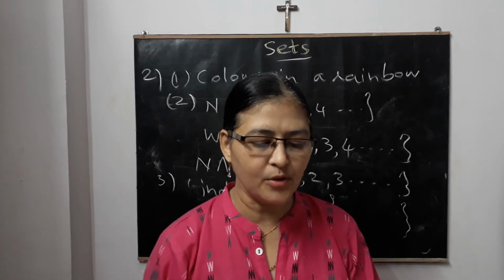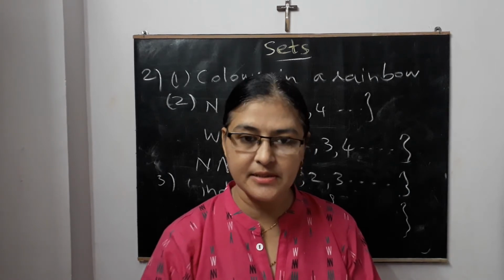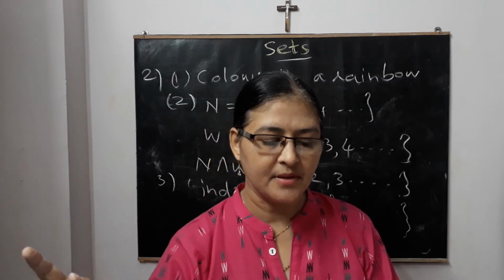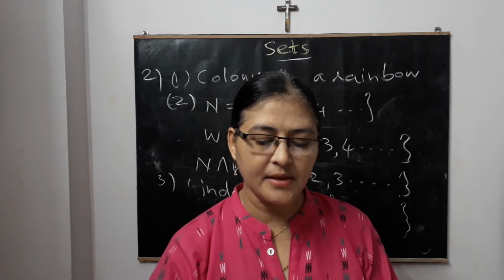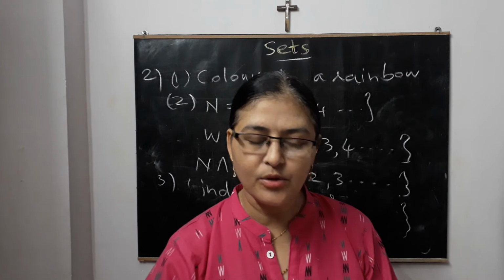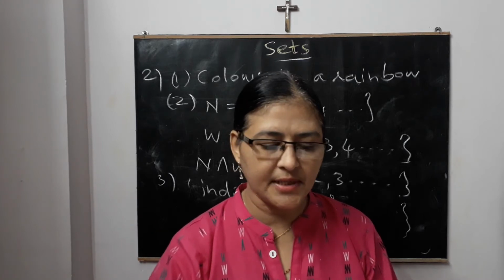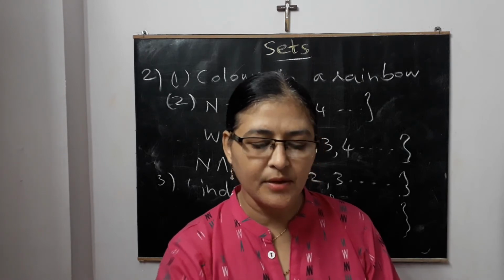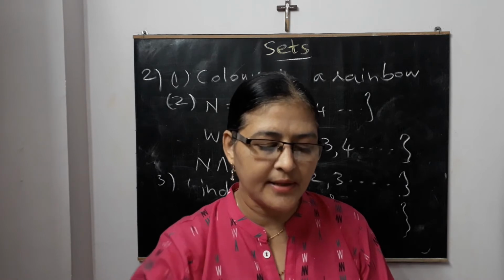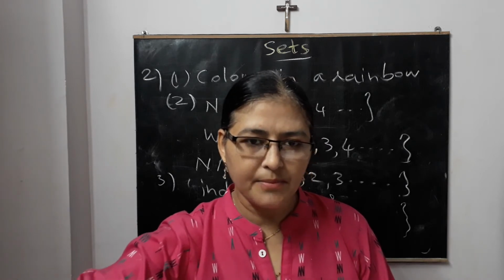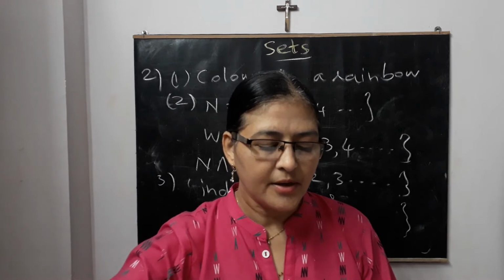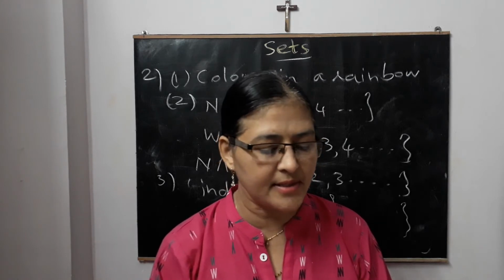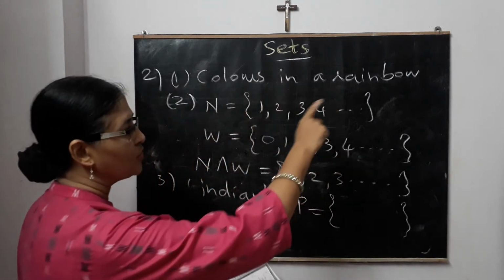Find the correct option for the given question. First one, which of the following collections is a set? Now see the options asked: colors of the rainbow, tall trees in the school campus, rich people in the village, easy examples in a book. So the first one, colors of the rainbow, they are fixed. We know the 7 colors which are there. So that will form a set. Clear? Tall trees in the school campus, now we cannot go around and count them. Some may be more, some are less and so on. But we cannot count. Rich people in the village also, you cannot take into account. And easy examples, you cannot count. So they are not to be taken as a set. So colors of the rainbow is the first answer. So all the 7 colors.